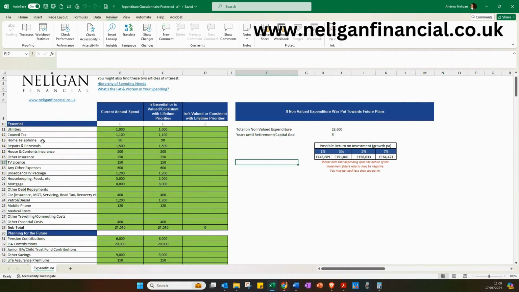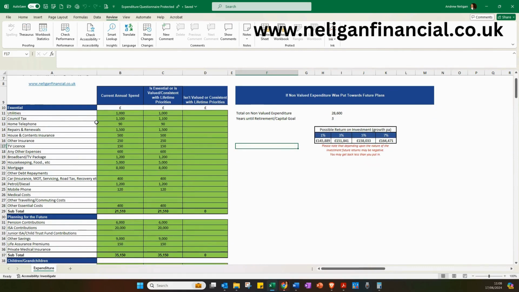So you can see the first section is essential expenditure. As I said, I've pre-populated it for you here. Not all of them will be relevant, so you just leave them blank where they don't apply to you. And what I've done then is, again, just a bit of a Blue Peter job, here's what I've done earlier: looking at areas where, this is essential expenditure, it's always going to be important to us, so we'll map it across.